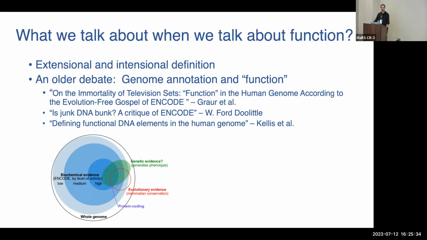You can do so in two ways. One is extensionally. So you list a bunch of things. We all talk about cell types all the time, so we must mean something. So we can all talk about cell types together for a while and then decide, oh, that's what we're all saying when we talk about cell types or function. So people use the words a lot. And if you list a bunch of examples, that's an extensional definition,